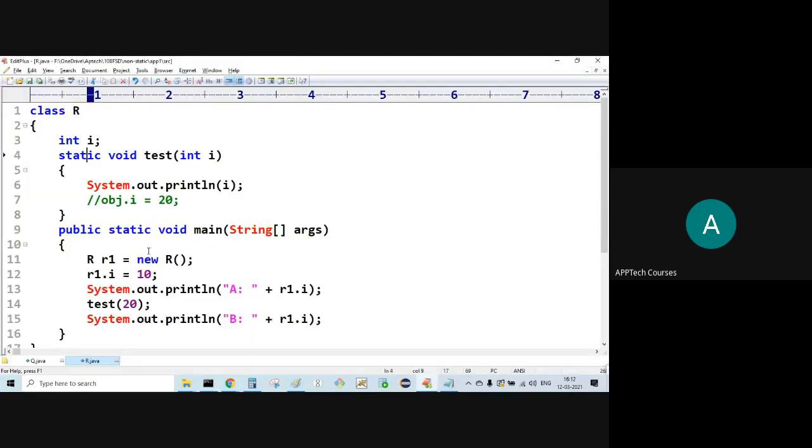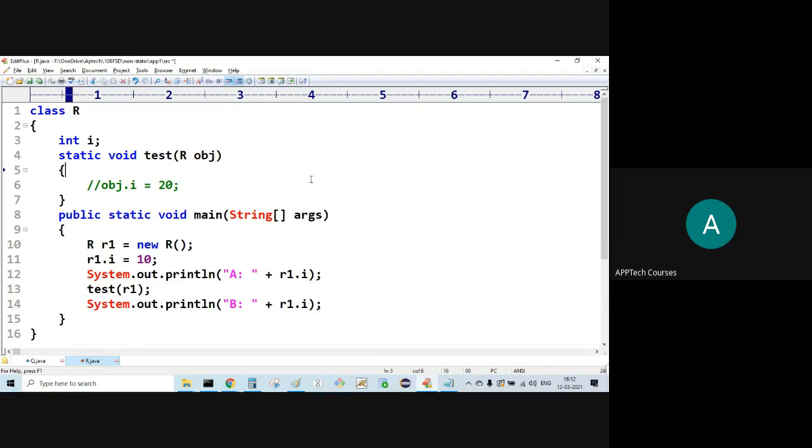Here, likewise, what I'm trying to do, I'm supplying R1. Here, the type is class type itself, R type, the data type. Data type is what? R type itself, class type. Variable name, OBJ. Now, for OBJ, I'm supplying R1. Simply it means R1 is equal to